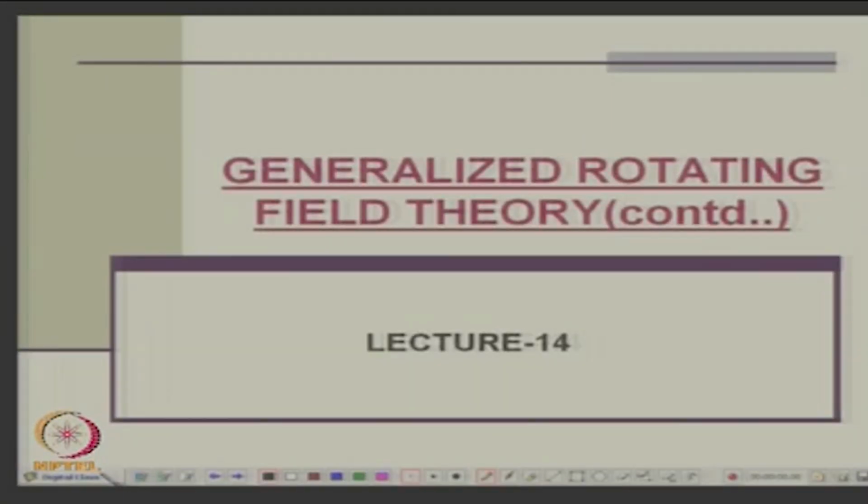Okay, today we will continue with our discussions on rotating field theory, which is a very powerful tool for analyzing three phase or polyphase induction machines with asymmetrical windings or unbalanced supplies. Last class, what we concluded was that from the general equations,